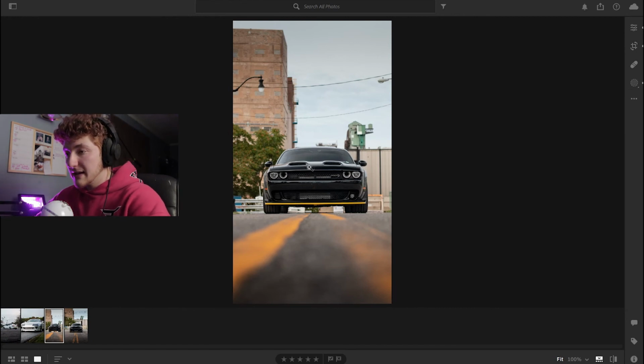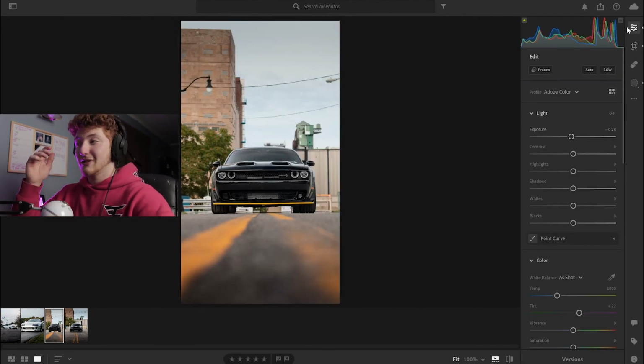Super quick, easy edit. Obviously you can do touch-ups like removing the power lines and stuff like that, but that is basically my simple way of editing. This is my go-to for all my car photo shoots and stuff like that. I usually do get more in-depth, but yeah,